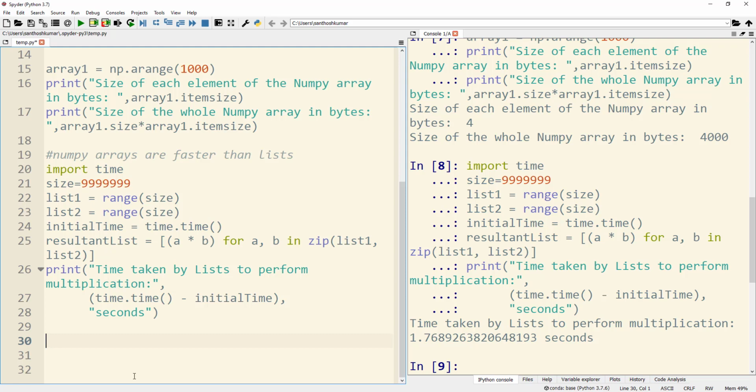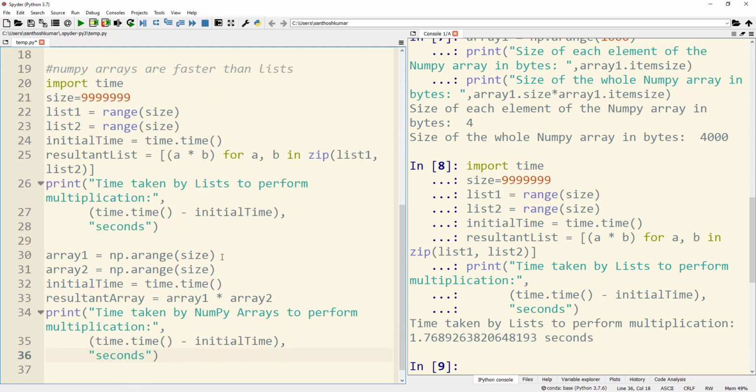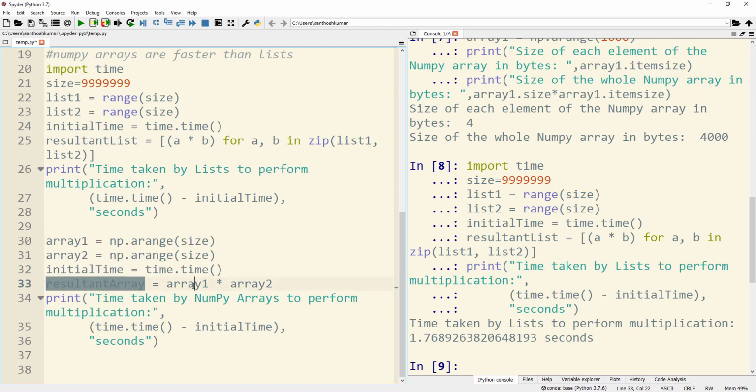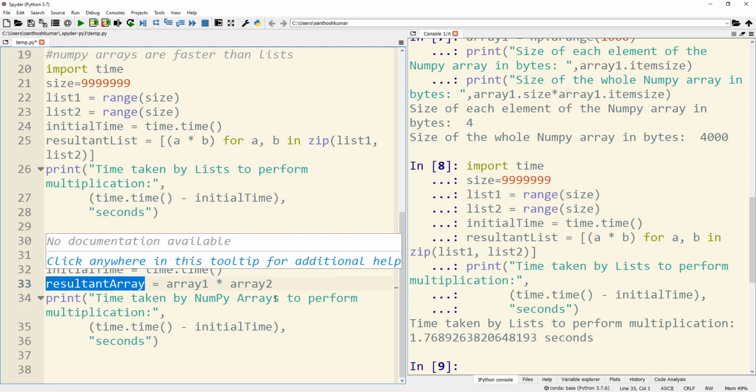And now let's check out the same operation of multiplying two NumPy arrays of the same size as the list. So here in array1 I am assigning the same range from 0 to 9,999,999, and the same with array2, and then I am capturing the initial time before the multiplication starts, and then I am multiplying array1 by array2, which is a very simple operation when it comes to NumPy, and storing it in the resultant array.